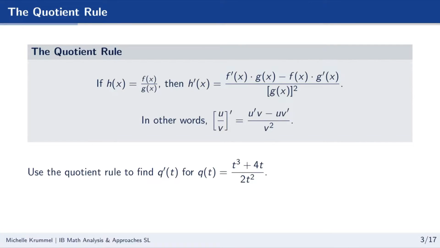The quotient rule says if h of x equals f of x over g of x, then h prime of x equals f prime g minus f g prime over g squared. And that may seem like a lot to have to remember, but it is similar in structure to our product rule. Remember, if we wanted